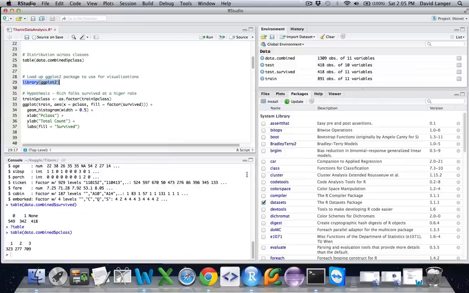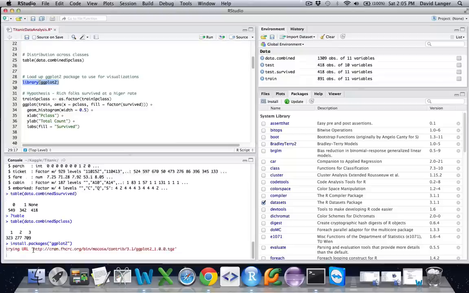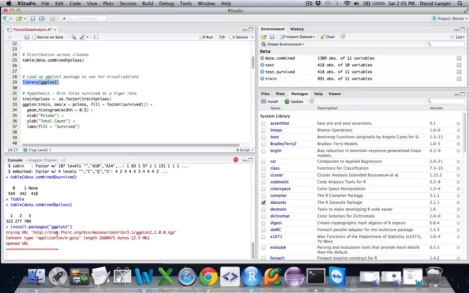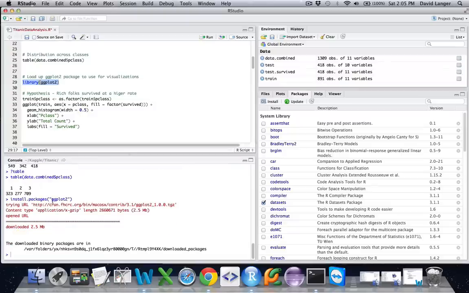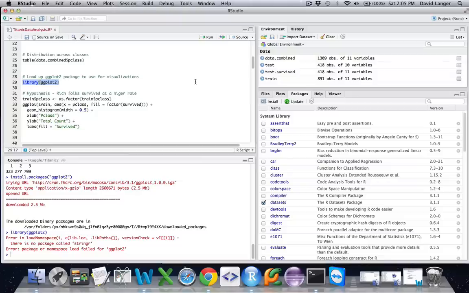Click Install, and the command line will execute an install package. Obviously you have to have internet connectivity, but it will download and install ggplot2. Then, using the library command, you can load that package into memory and access the functions of ggplot2. So we just go ahead and run it.